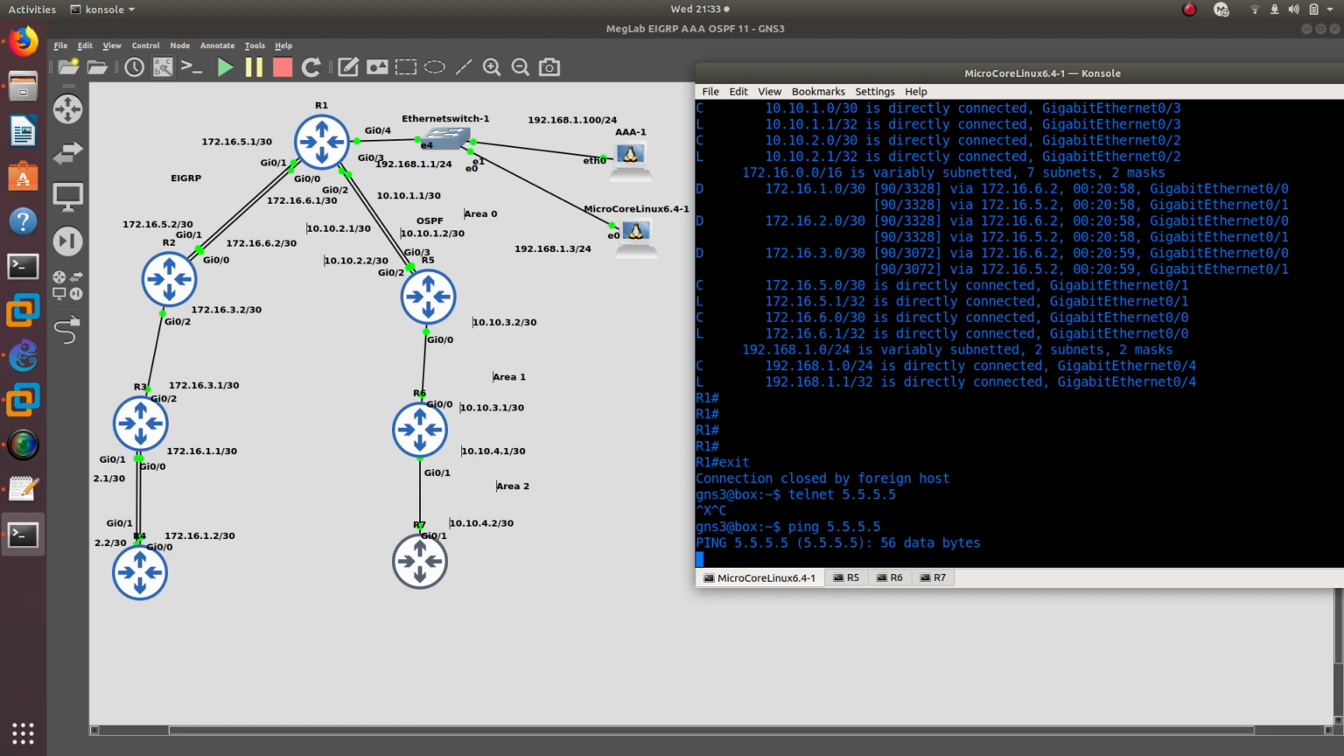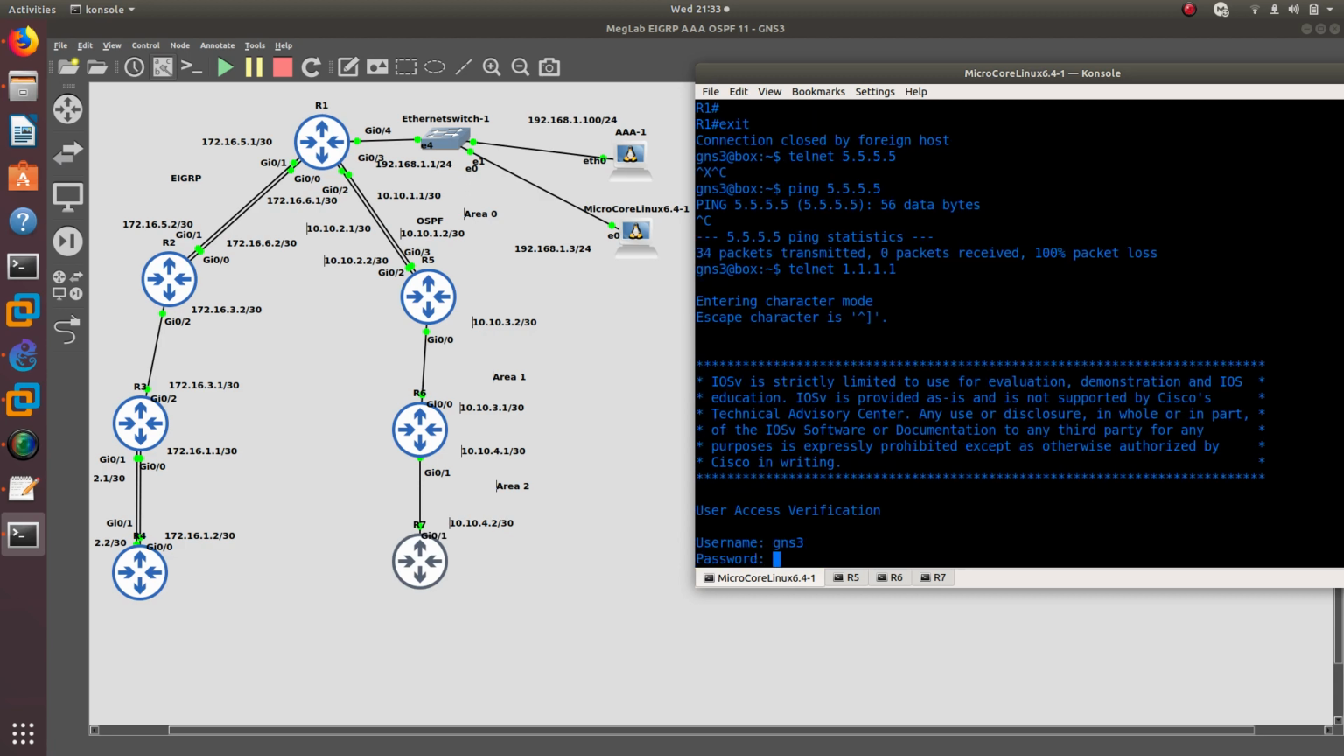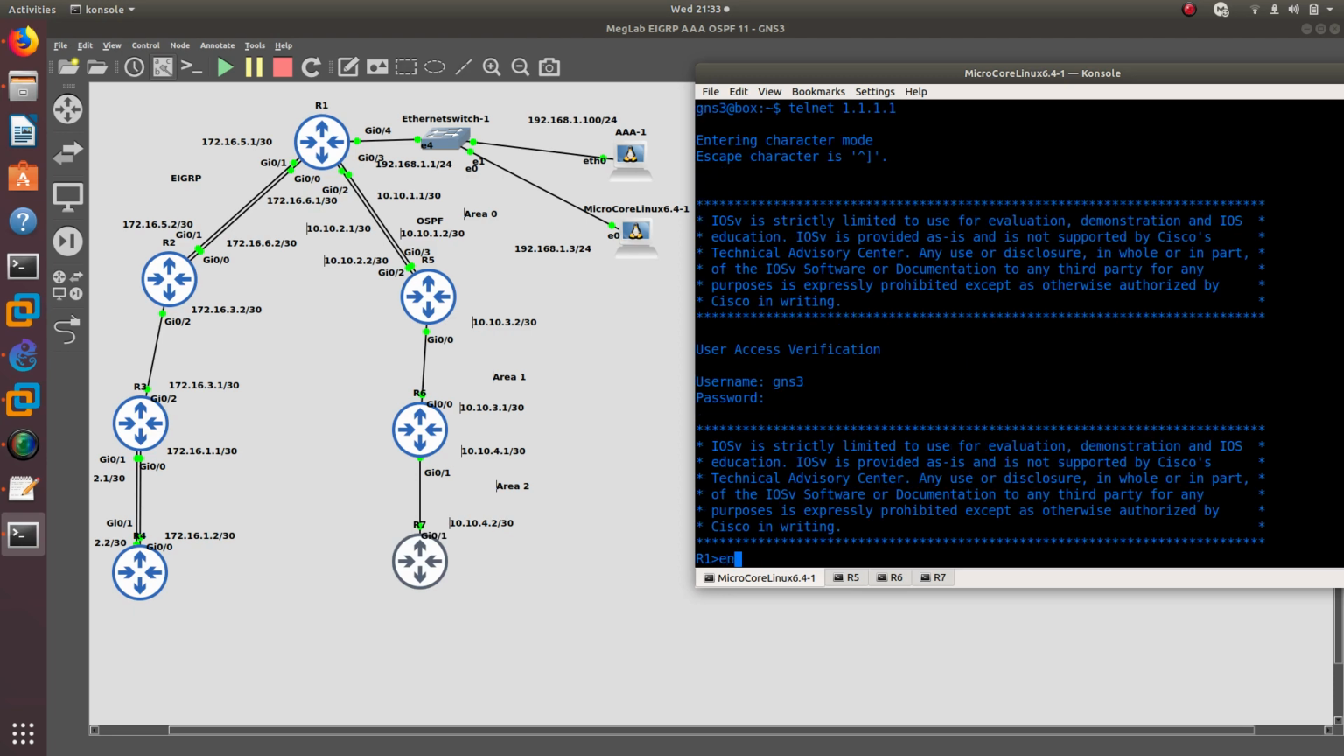Okay. So I'm not able to do that because the 192.168.1.1 network is in EIGRP and 5.5.5.5 is in OSPF. So I need to redistribute before I can ping or telnet to the OSPF network. So we have to go to router 1. So let's go ahead and go into router 1, telnet 1.1.1.1, DNS3, DNS3, enable, Cisco,